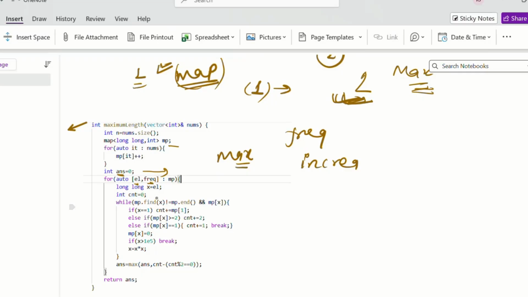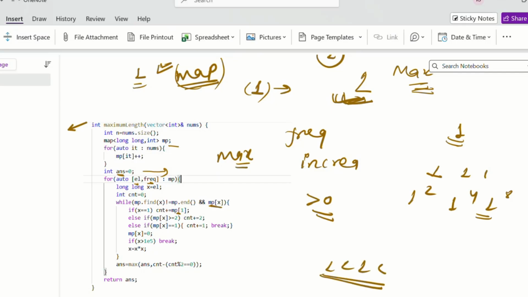Then I will check if my element is present in the map or not, and its frequency is greater than 0. If that is the case, then I will check if my x equals 1. Because if my element is 1, then 1 square, 1 square, then 1 to the power 4, 1 to the power 8, all will be 1 only. So directly I can add mp of 1, that is the frequency of 1, to my count, because 1 1 1 1 is also valid, and 1 1 1 1 1 is also valid,